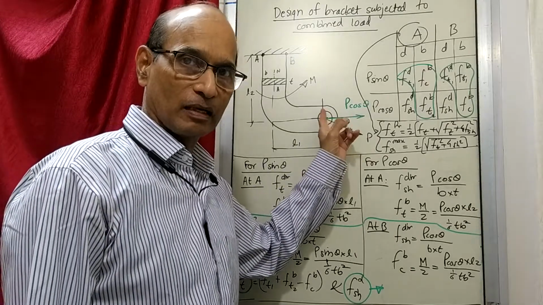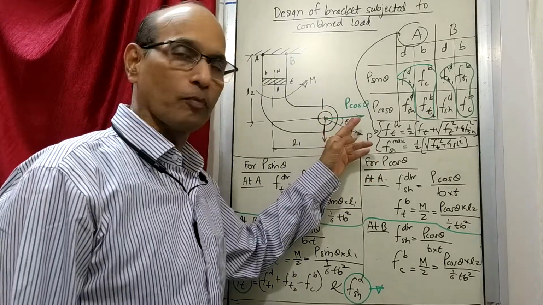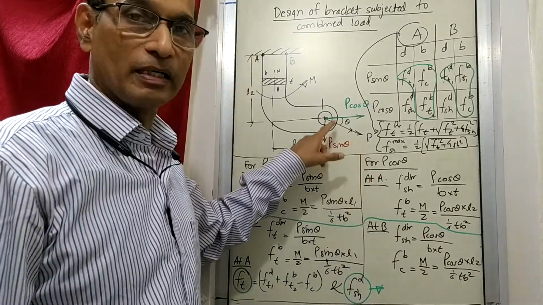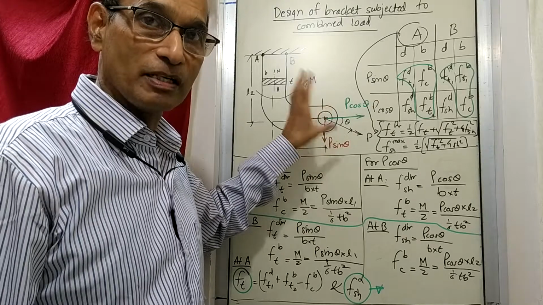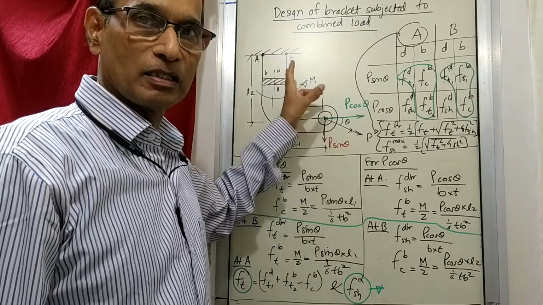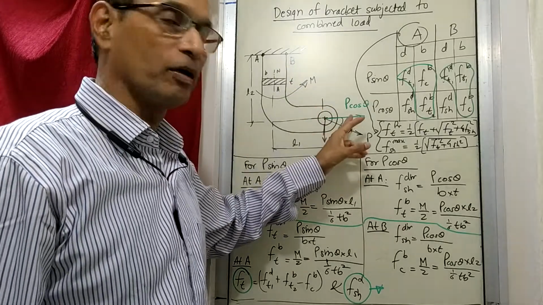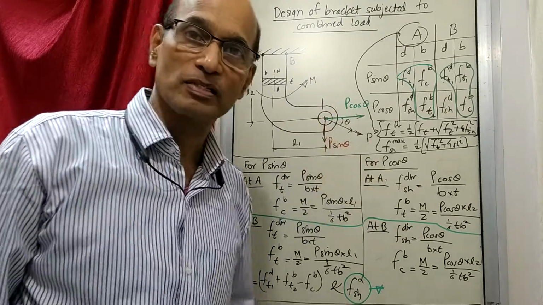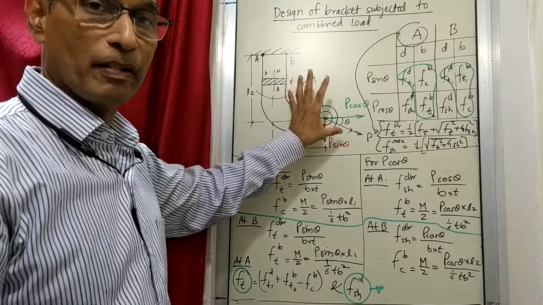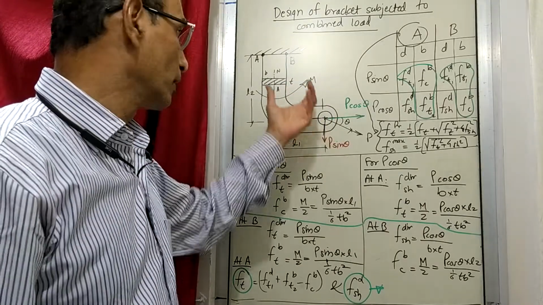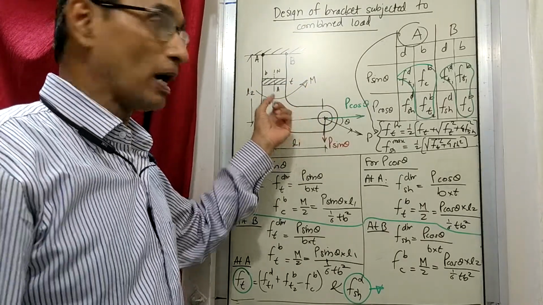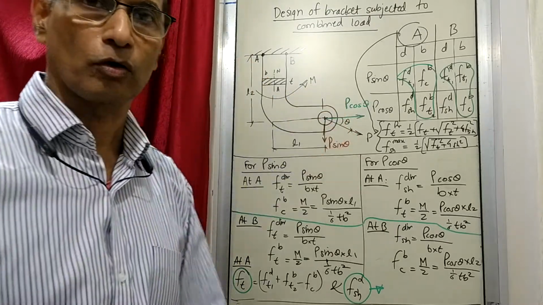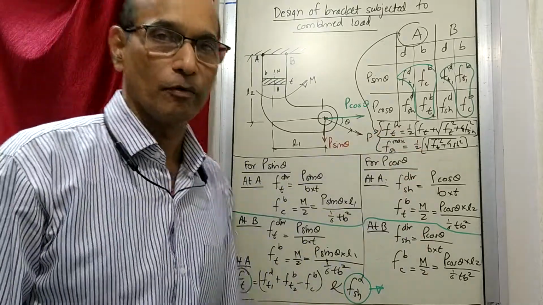Okay, so we have found out the stresses at these two points, and this was the case where the load was acting at some inclined angle, and as a result the two components which were there were causing different types of effects. Both of them were causing direct effect, but the direct effect was different. For P sin theta it was a direct tensile stress, and for P cos theta it was causing a shear stress. Whereas both of them were also causing bending stresses, those bending stresses also were depending on which way the bracket is going to bend. So at A there was a compressive or tensile depending on which force we are talking about. And finally this is the way we are done.